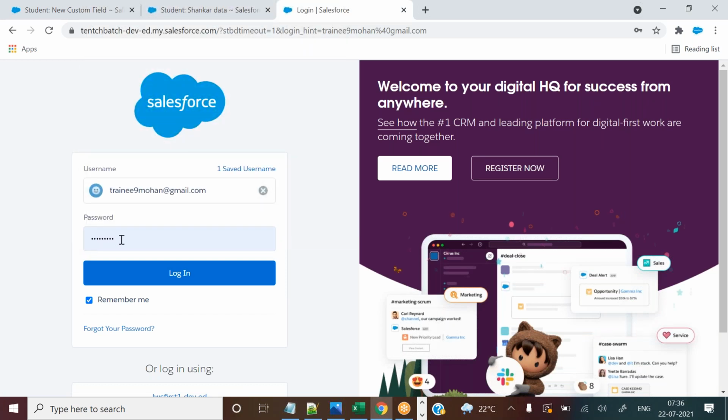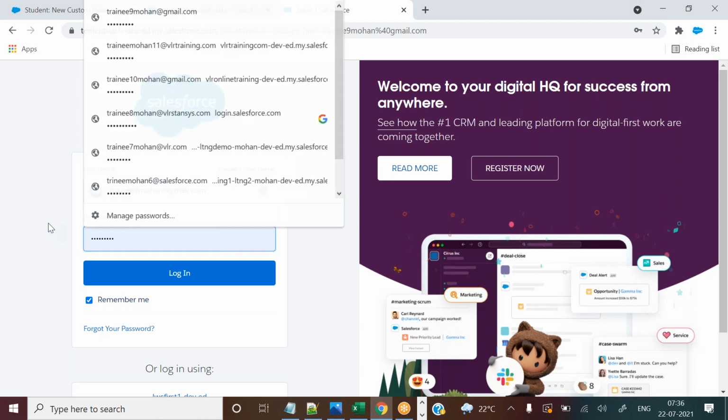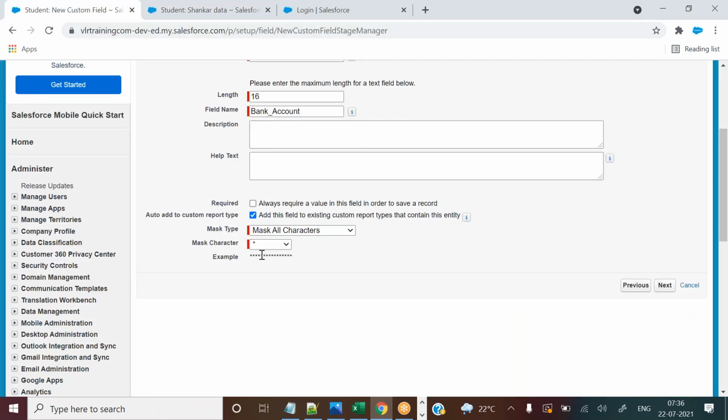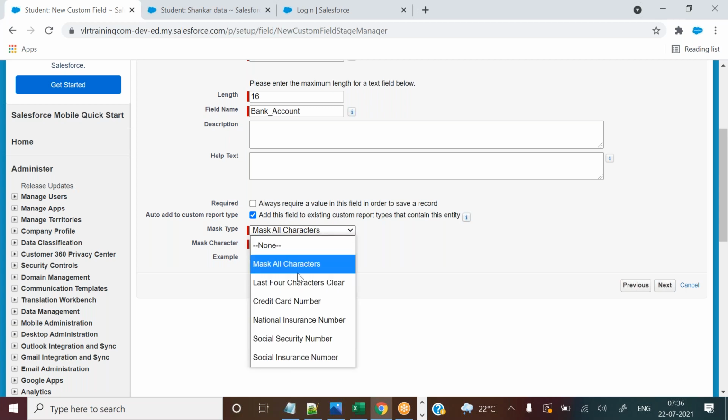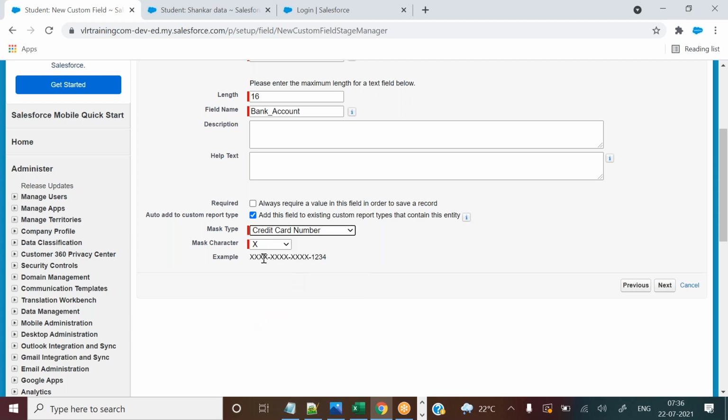They have used some technology to mask it like this, so that I cannot see whatever I have entered. So for passwords in real time, if a business requirement is there, they can use this kind of character to mask. Okay, so you can use this one in this example, and use credit card number like this. That's it.